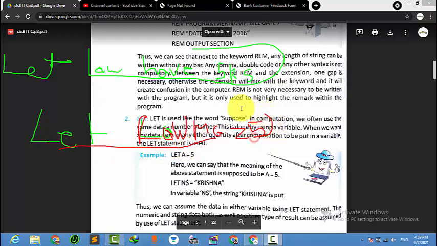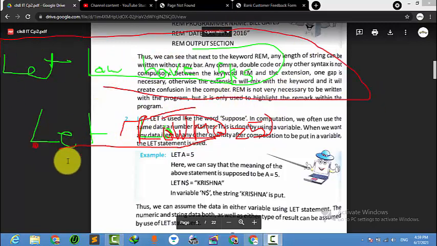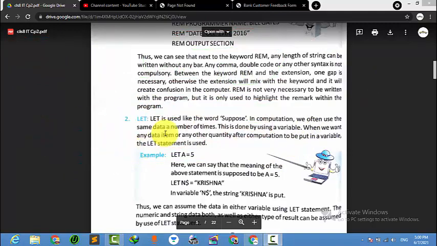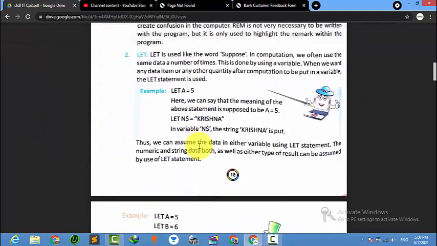That means Loma is having 5. So we give Loma the value 5. Let Loma have 5, in simple computer terms. But in computer terms, LET means giving something, assigning something. So here is some difference in variables, and these are the keywords.